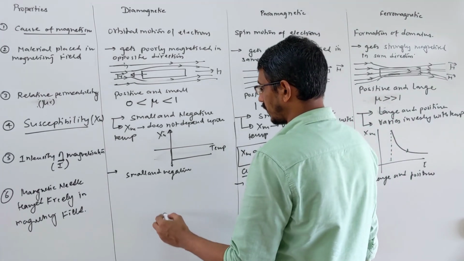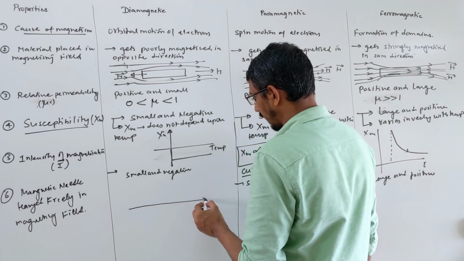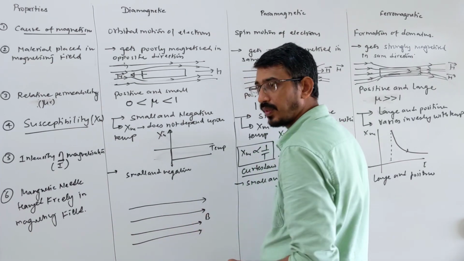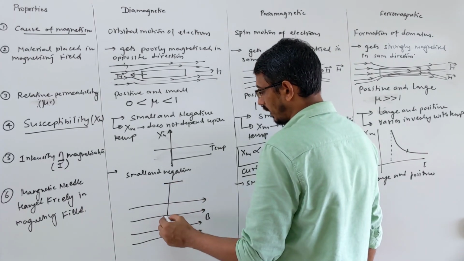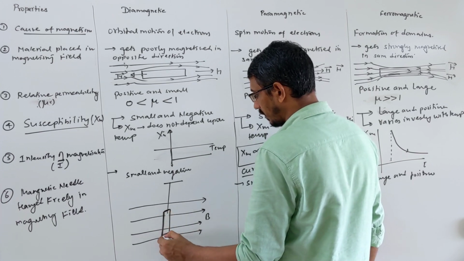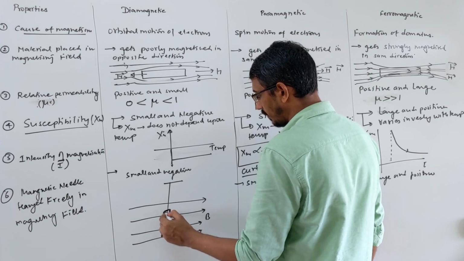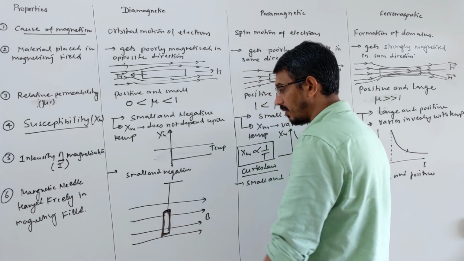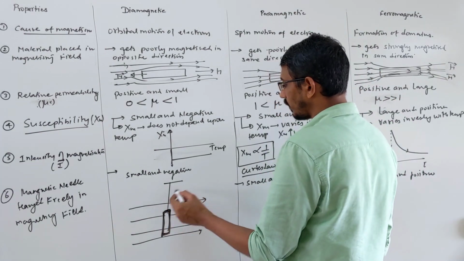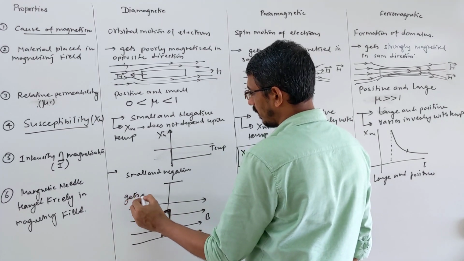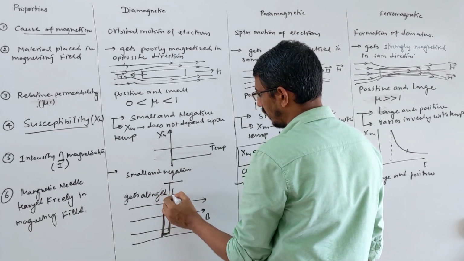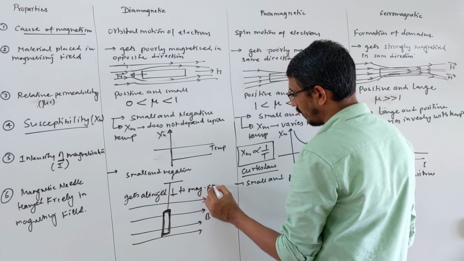Suppose this is some direction of the magnetic field, this is your B or H. You hang a needle here, then how will the needle look? It becomes vertical, perpendicular to your magnetizing field. This is your needle, a thin, very small bar magnet, and it gets aligned perpendicular toward the magnetic field. So the needle gets aligned perpendicular toward your magnetizing field, or you can say magnetic field also.